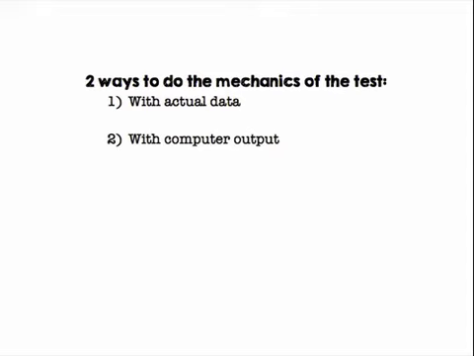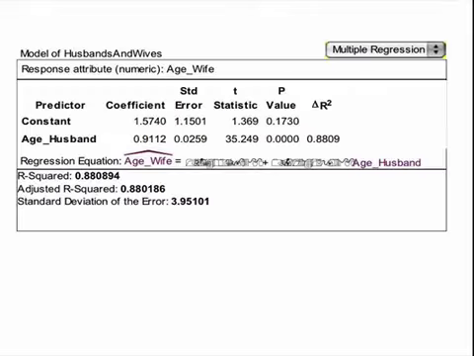There are two ways to do the mechanics of the test. You can do it with actual data or with a computer output. All right, here's an example of a computer output. So what we need to be able to read this: age of the wife would be our y variable. Then age of husband would be our x variable. And then our constant, the coefficient,